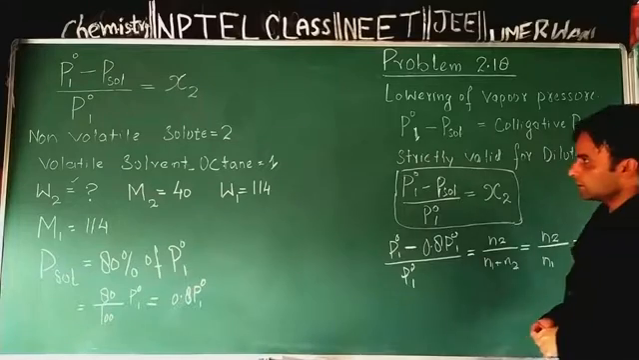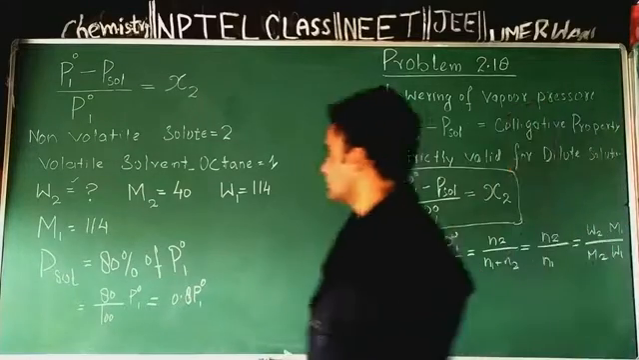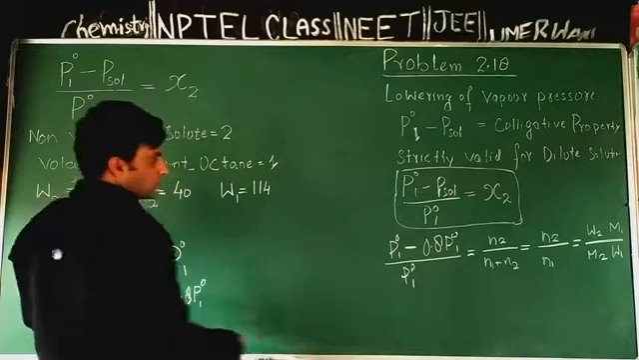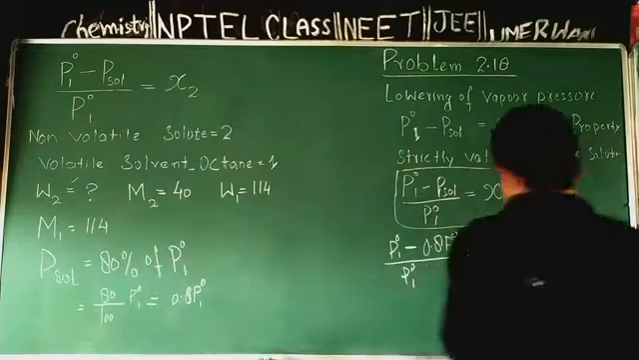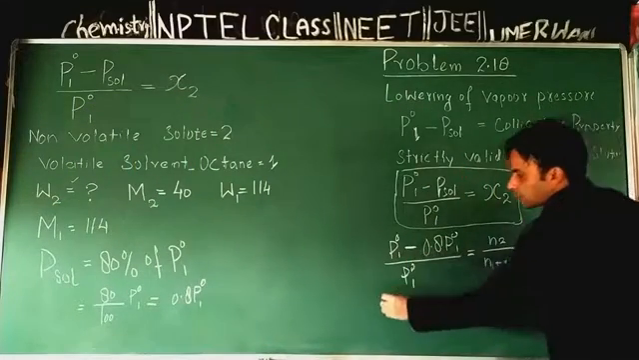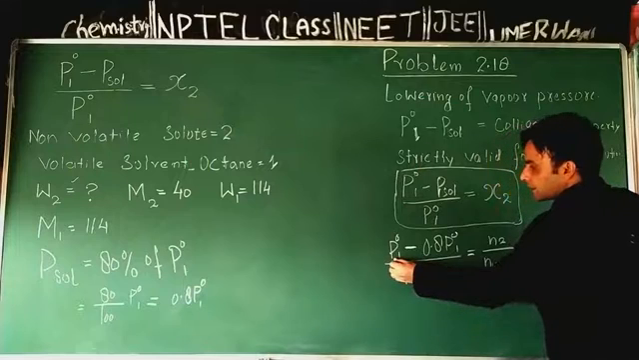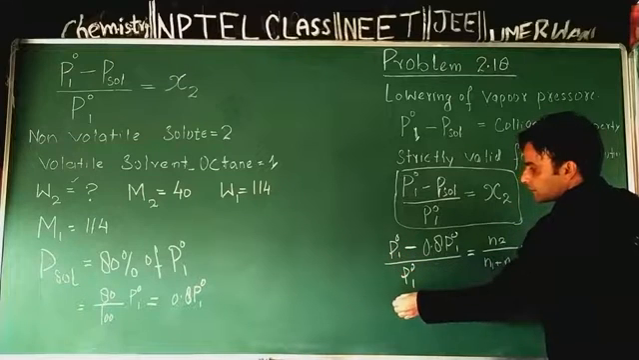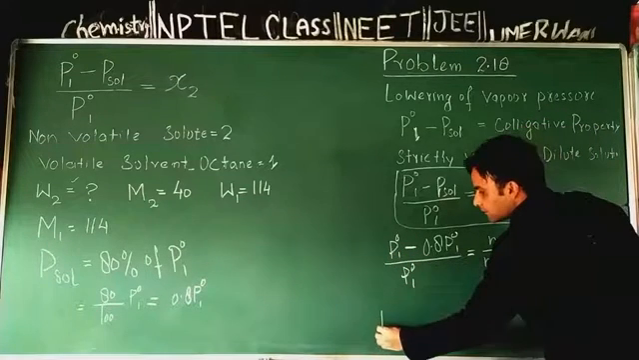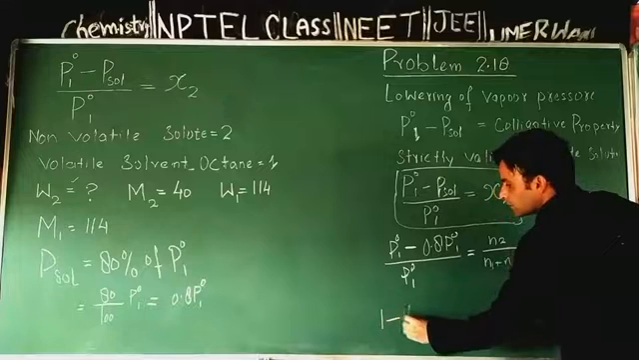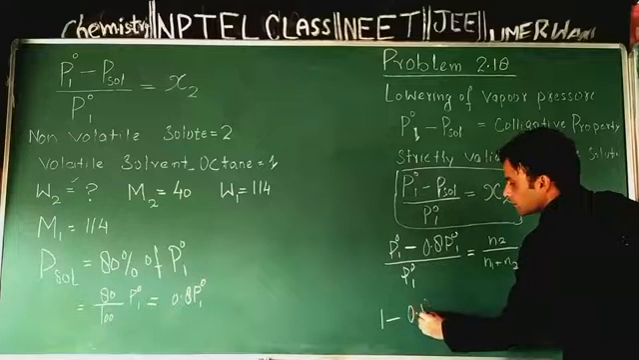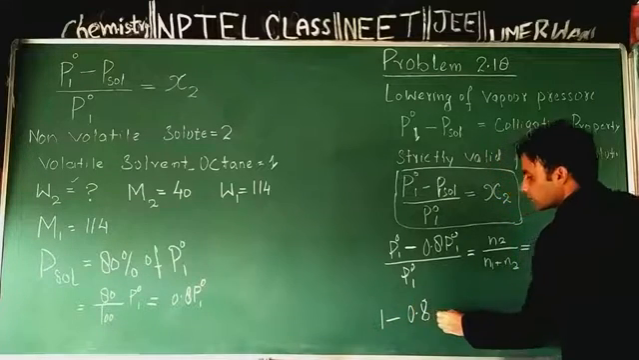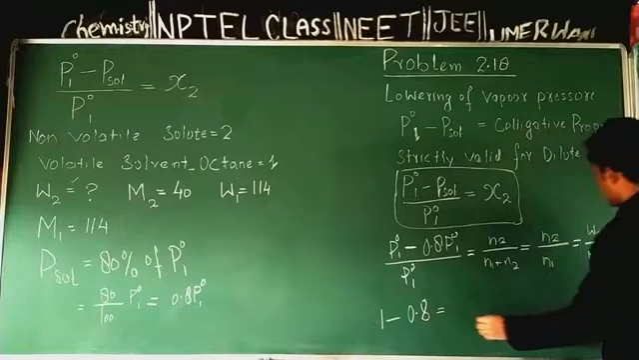Now in this equation I will take P01 common in the numerator. P01 and P01 will get cancelled. I will get 1 minus 0.8 is equal to